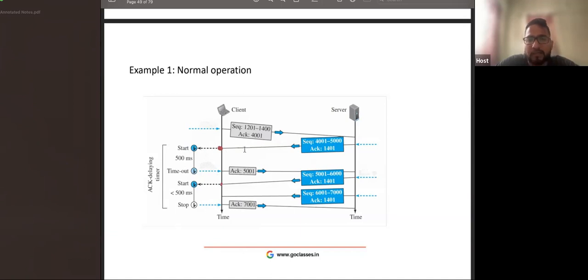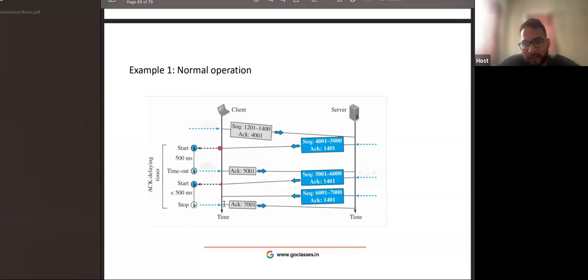Yeah, see here what is happening is that you are receiving this packet, and if you do not have any data to send, then maybe you will wait for some timer. Once the timer expires, then you are sending the ACK. Right, after some timer you are sending the ACK. If it always has some data to send, then it is sending that data. And if you still do not have any data to send, then after some timer maybe you will be sending. But let's suppose in between you receive some data, and then probably